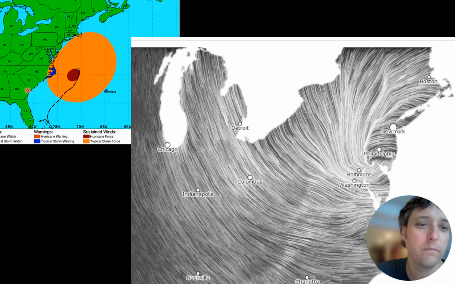And here just to kind of recap where we are, Sandy, this is the tropical storm force, like storm force wind swath, as the storm had started to make its turn when I left in the morning. Huge hurricane force wind swath. By the time I got home on the 29th, I was seeing that connection from Atlantic Canada into the Great Lakes. Saw some kittiwakes. I was kind of shocked that the storm had actually accelerated more than they'd forecast, and landfall was happening the night of the 29th.